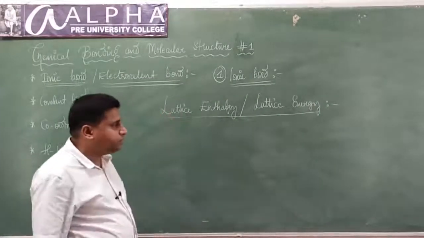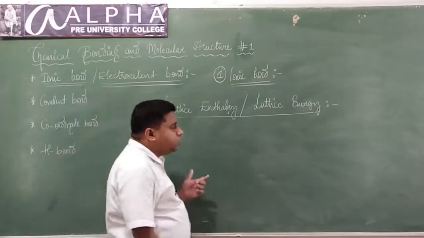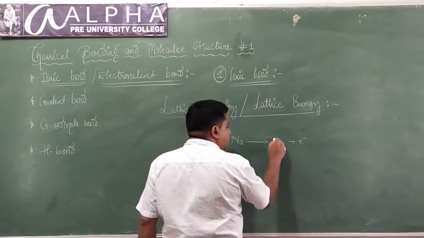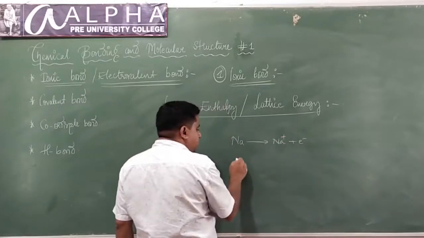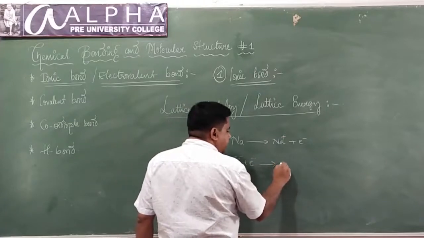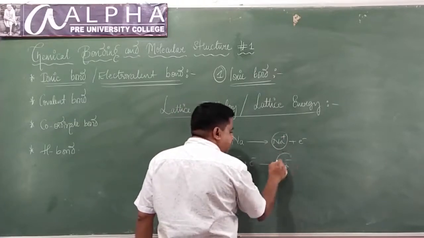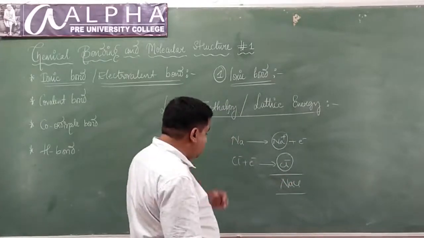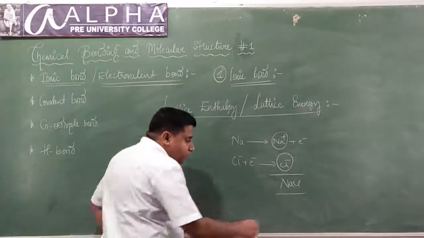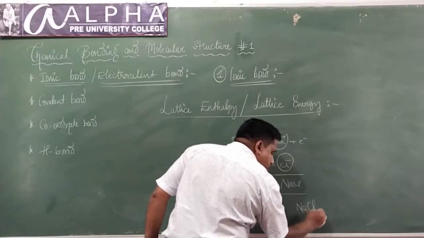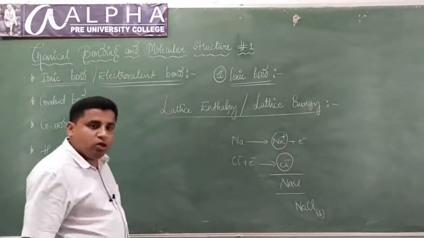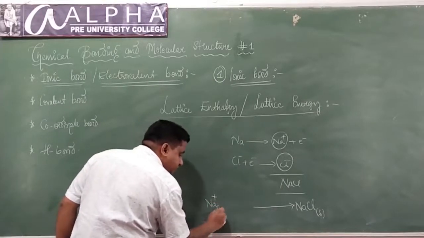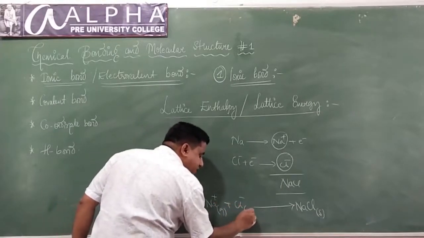Look here, students. I just told you, sodium will lose one electron to form Na plus. Chlorine will gain an electron to form Cl minus. These two ions will attract each other to form sodium chloride, correct? So when 1 mole of solid sodium chloride is formed from its constituent ions in the gaseous state,